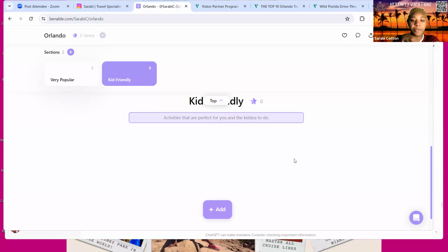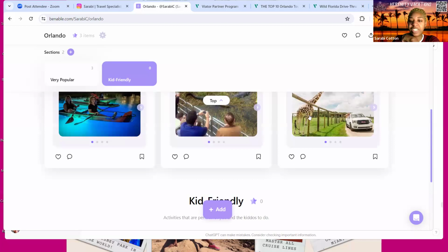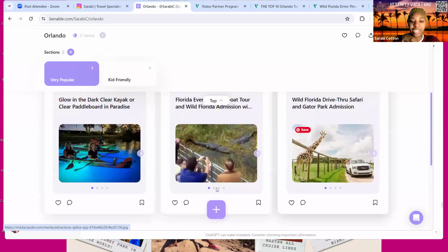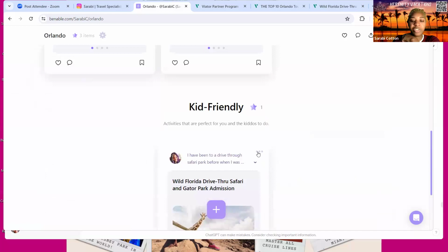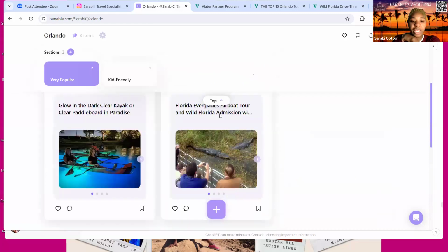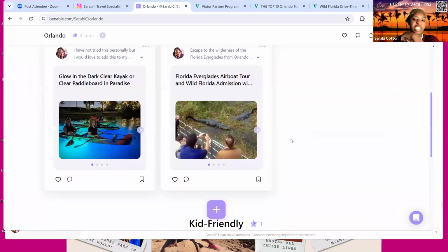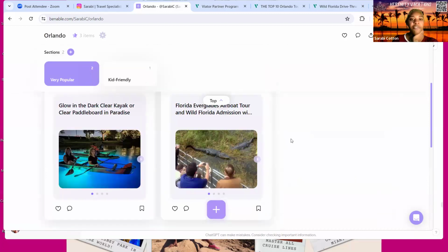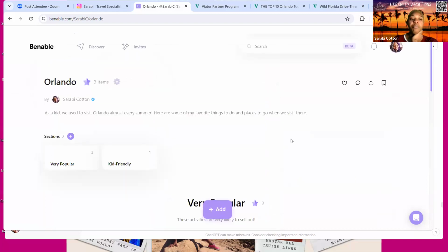See, super simple. And you can add this two ways. You can either just drag it or again use the three dots, and then you can always move it that way too. So now that I have a couple of these on here, just a couple things to note. If you really want a most optimized list, meaning you have like a blue check by the list, it helps to have a mix of things that have links and the list of like videos and Pinterest things. So that's just how you build up your list.